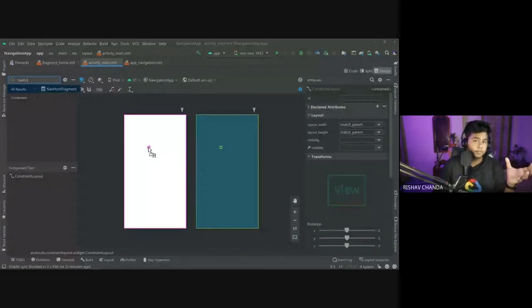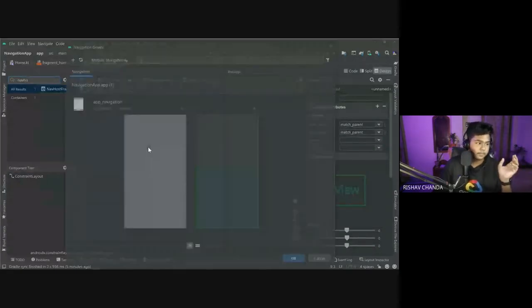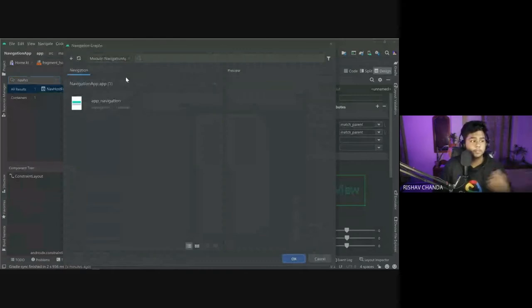It will import the nav host, and once you do that, it will ask you to add the navigation graph. If you have not created the navigation graph, it won't work. So first create the navigation graph and then only try to import that one.